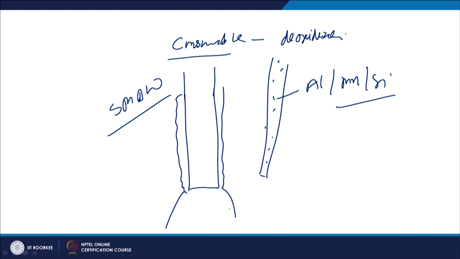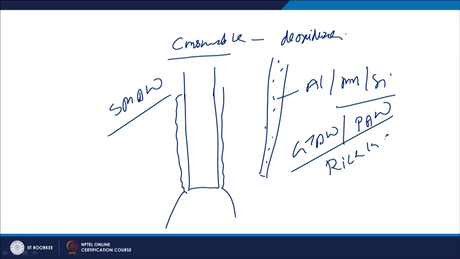So, one most commonly used electrode in gas tungsten arc welding and plasma arc welding, which is very rich in deoxidizers, is